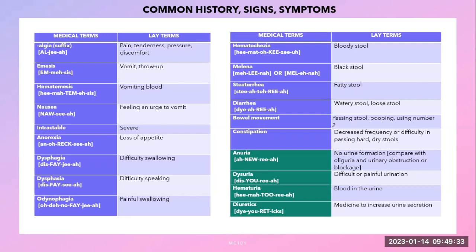Any questions so far in this slide? I think this is a lot right now. Sorry, I got confused. The term is